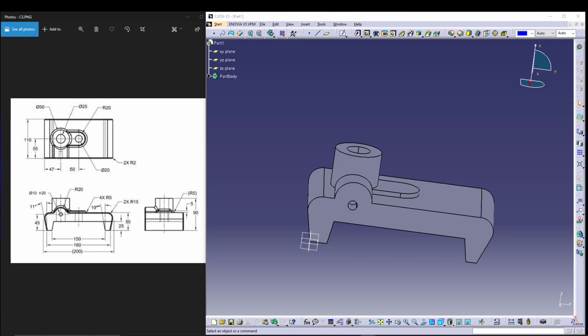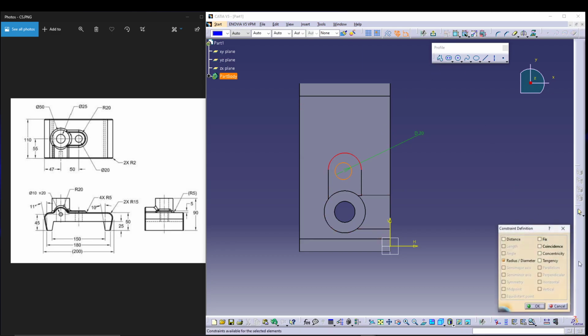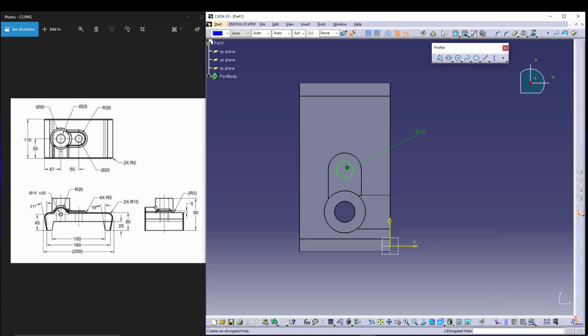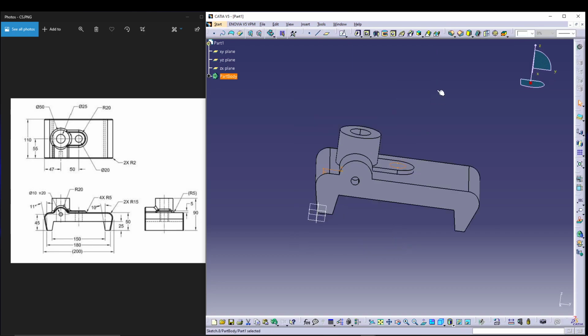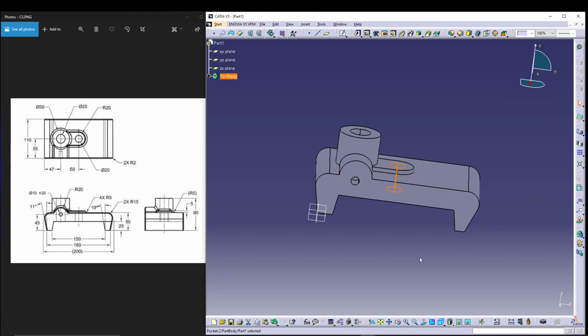The other pocket that we can do is on that face, so let's select this face, go for sketching, and take a circle, draw a circle, give it a dimension. How much is the dimension? It's 20 dia, and then select the circle, select this one and go for concentricity, exit the workbench, go for pocket, up to next. Okay,